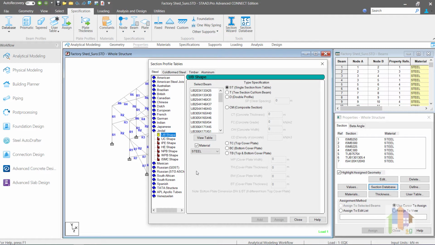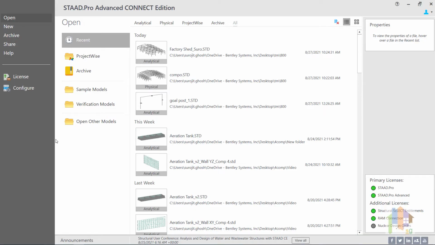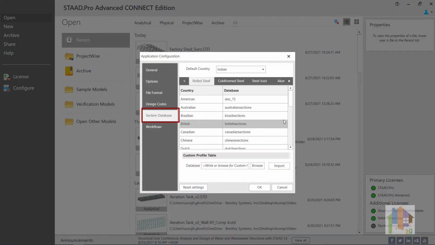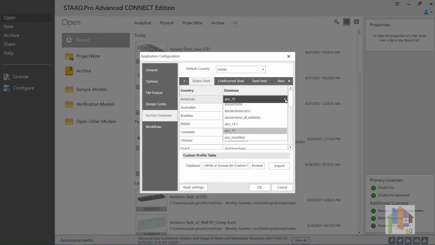Do you know each of these databases refers to a particular version of the code or section catalog, and there are multiple versions of the database available in STAAD? In the welcome screen, if you go to configure, you can find the section database selection option. From here, you can check the versions of the database available for each country, like 6 different section database versions are available for America.